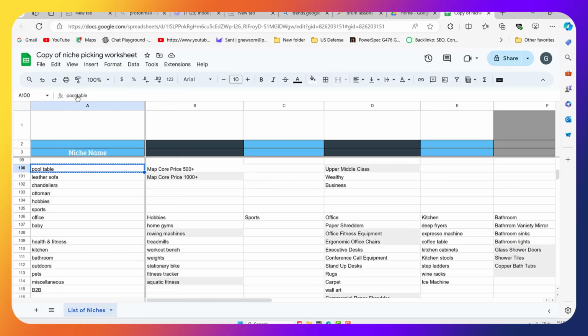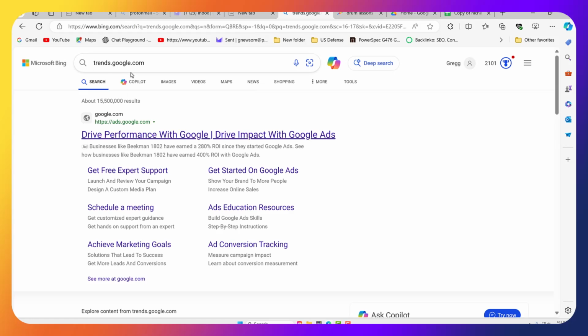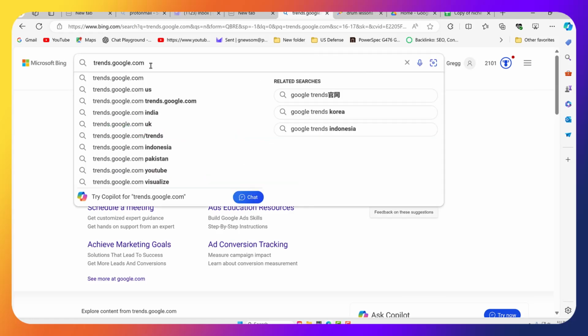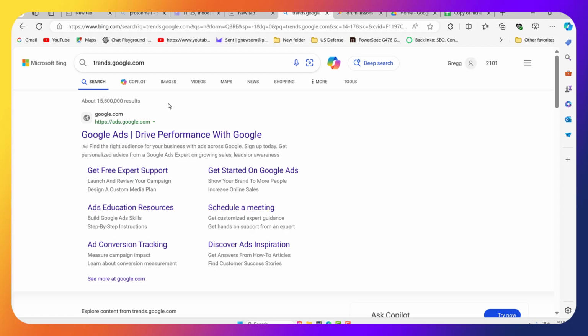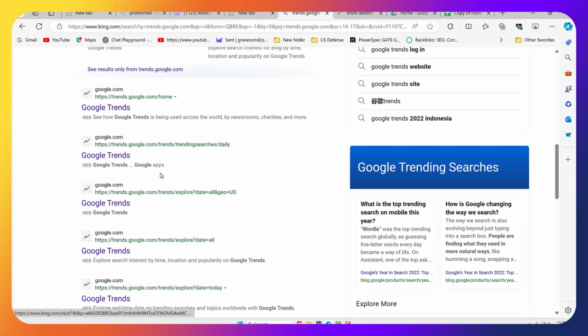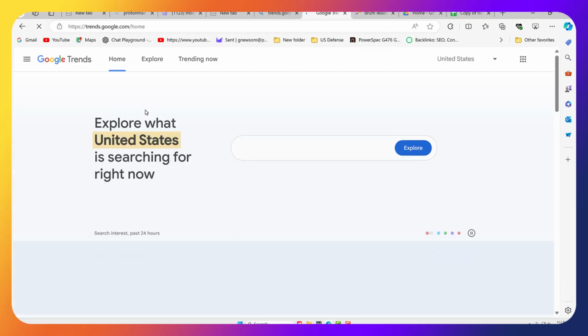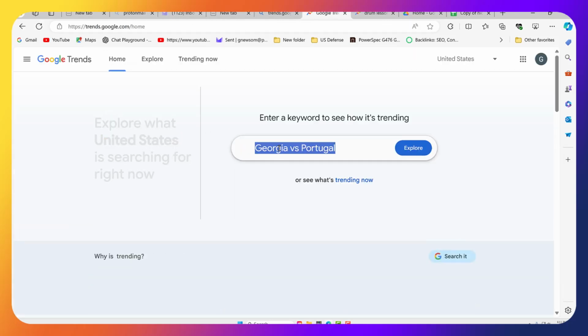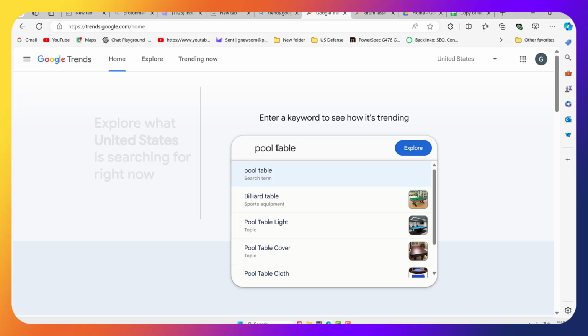So if I look at pool tables, for example, but I first of all want to get to Google Trends. So this is where we type in here, do an enter on that, and come up here. Let's go to the home, and let's go ahead and just do a copy paste on that one there. So if I do this,